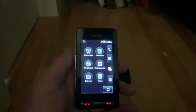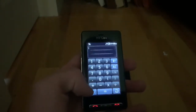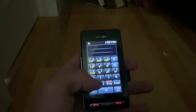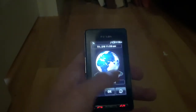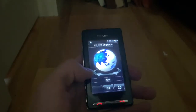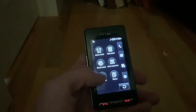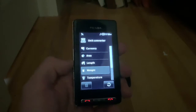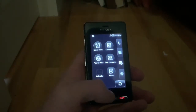So let's go to Tools. We got Alarm Clock, Basic Alarm Clock, Calculator. We do have a scientific mode here, which is pretty nice. A world clock. And you can swipe through all the different continents and time zones. Not the most responsive or fluid, but it gets the job done. We have a pretty impressive unit converter here, as well as a calendar